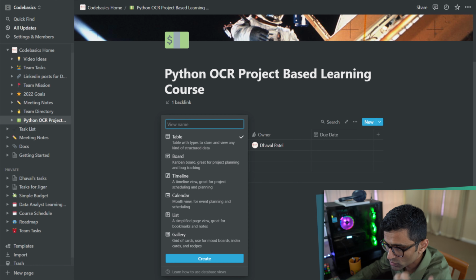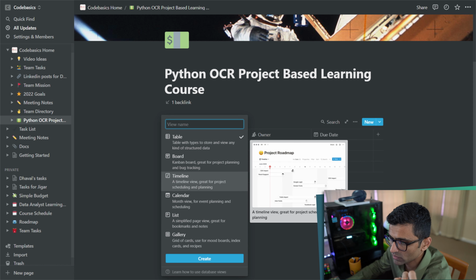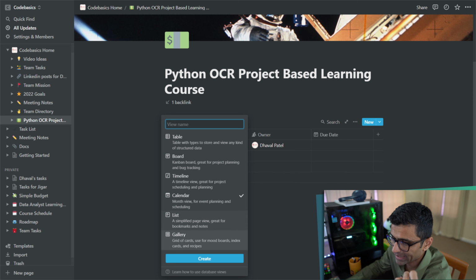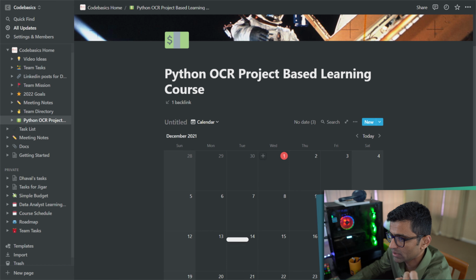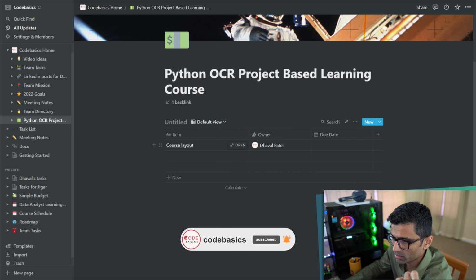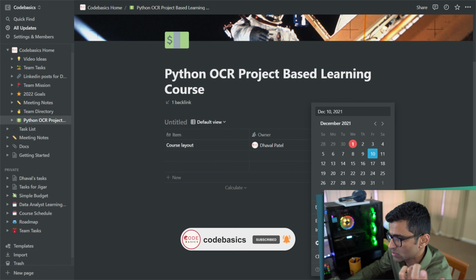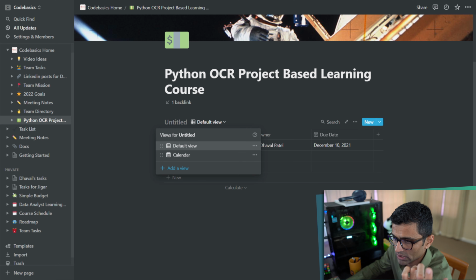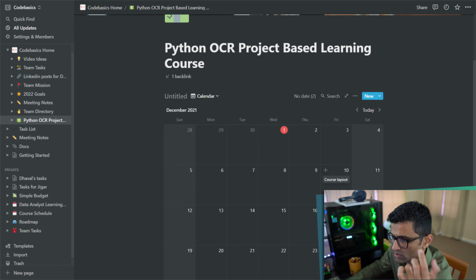I can add views. I can add, let's say, timeline view or a calendar view, and when I have a calendar view, each of these dates will show up. Basically, what is my due date? Let's say this due date is 10. Okay, and when I change it to calendar view, see on 10 it says I need to prepare a course layout.